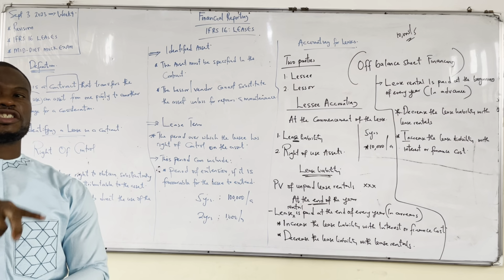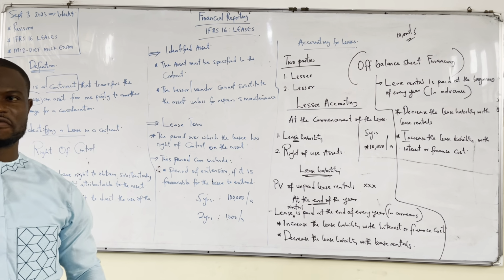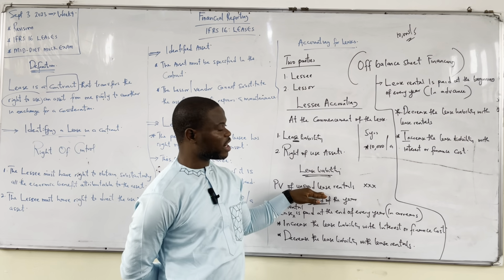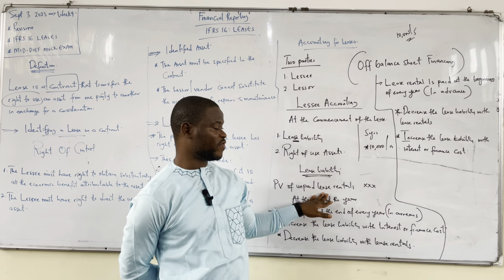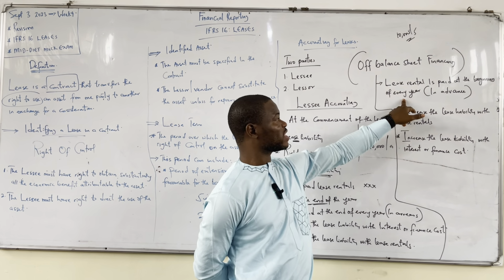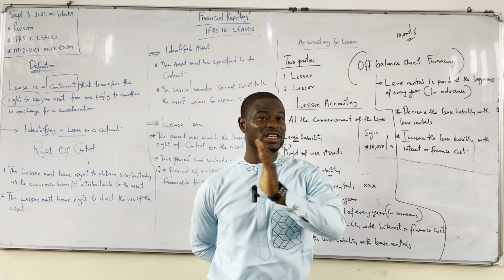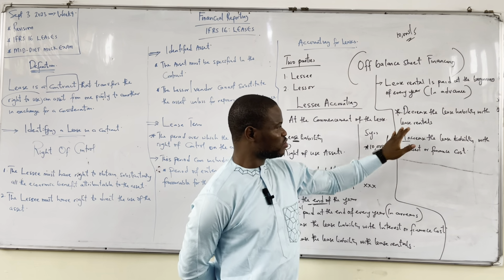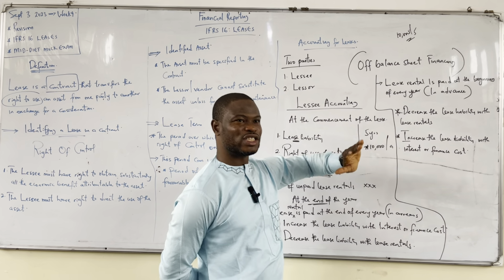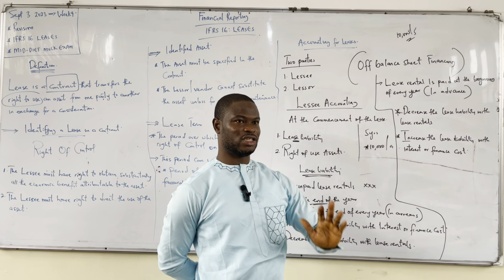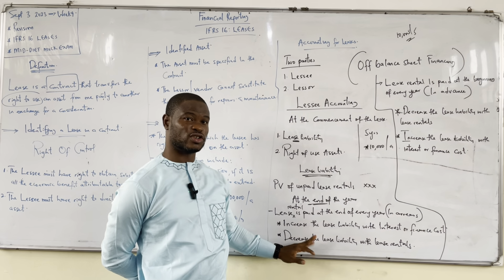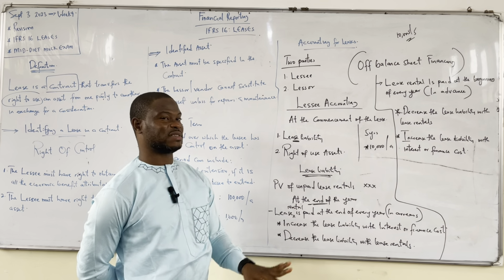And with this change in order, it's going to change everything. Look at this one. The first thing you do, this one remains sacrosanct. It doesn't change. The PV of unpaid lease rental at the beginning. But at the end of the year, if the lease rental is paid, they told us that they pay it at the beginning of every year. The first thing you do is to deduct that lease rental. You know, interest is always done at the end of every year. It's always done at the end of every year. That's why at the end of the year, we did the interest before we deducted this one, where the lease rental is paid at the end.